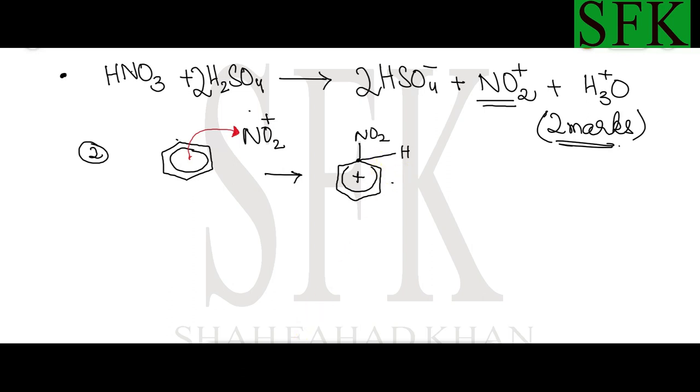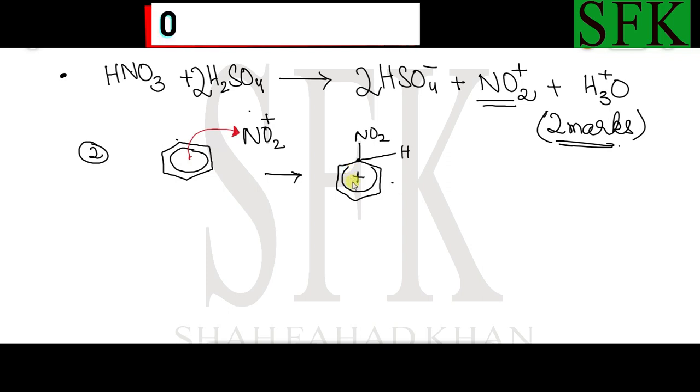Now, what happens next is this carbon-hydrogen bond. The electrons in this carbon-hydrogen bond are attracted to this positively charged region, and this bond breaks heterolytically. It's important to show this arrow. It must begin from the carbon-hydrogen bond and must end on the positive region inside. Do not move the arrow forward or backwards. The tail must begin from the carbon-hydrogen bond and the arrowhead must end on the positive charge. After this bond breaks